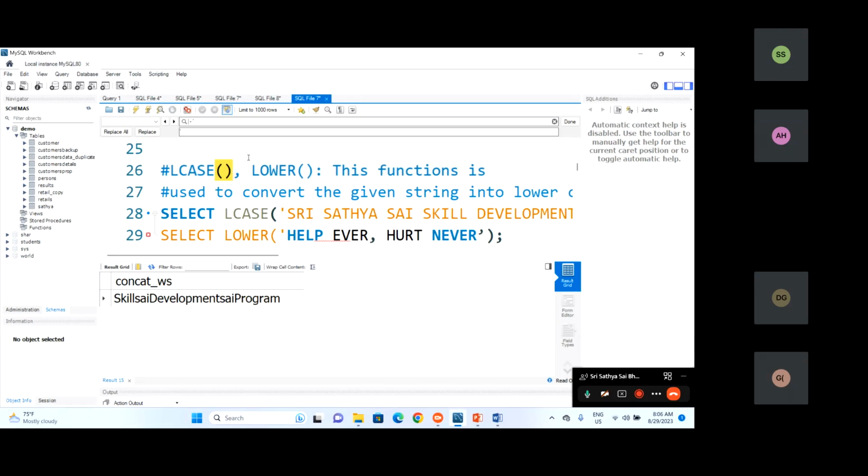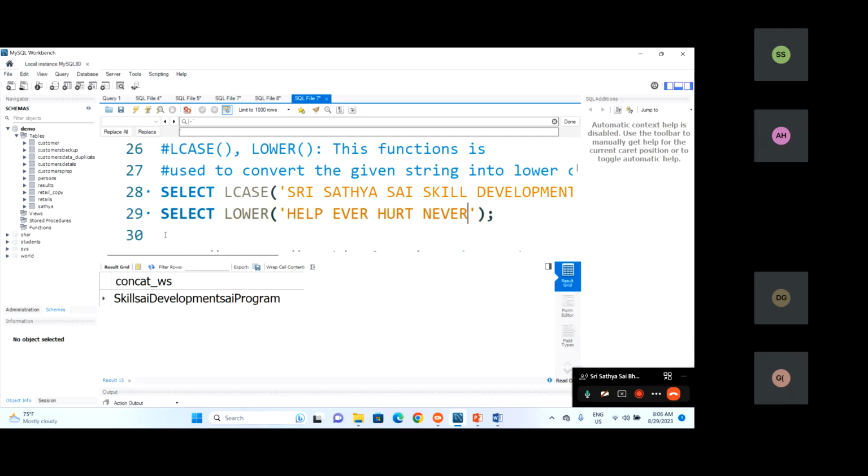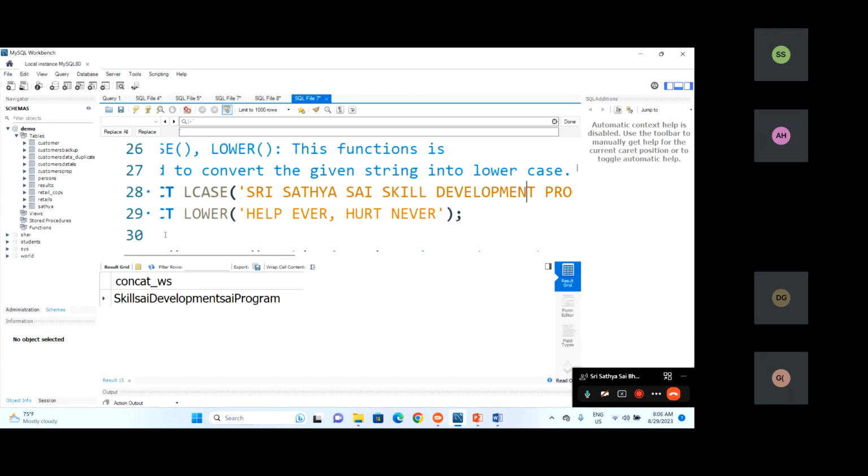In that case, if I want to convert any string into lowercase, if I want to convert any characters present in this particular string, for example, if you see this,